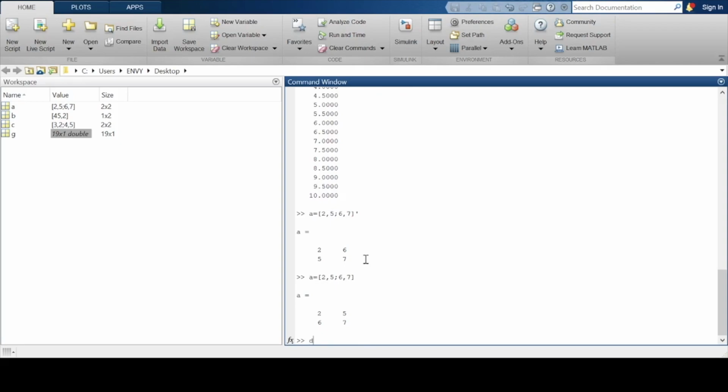So let's consider D. It's a 3 cross 3 matrix.